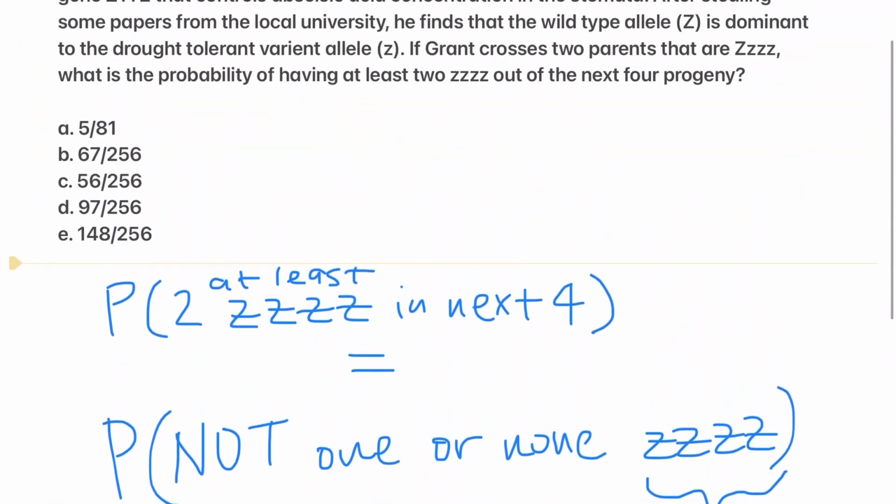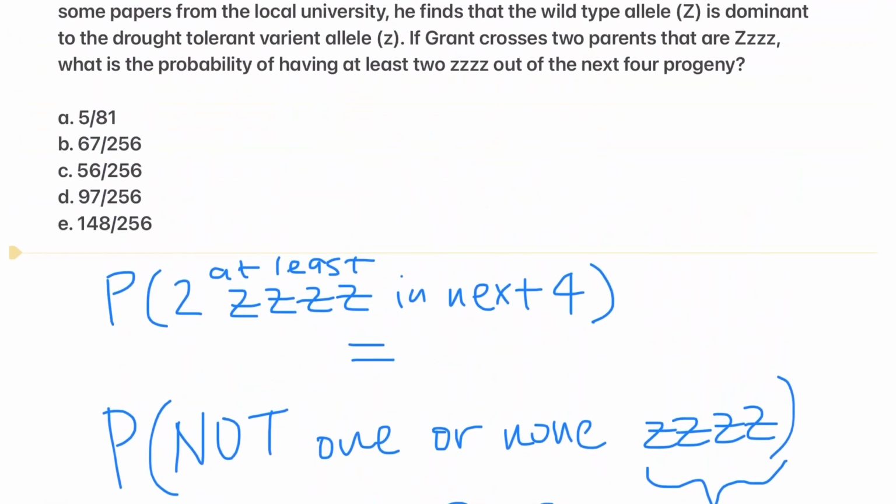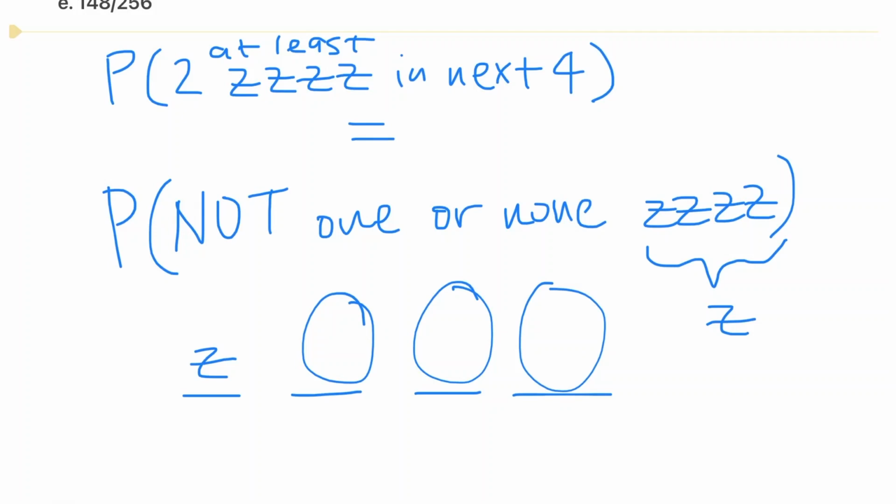Because if we look at the parents, it's 1 capital Z, 3 little z's, you could have offspring that are heterozygous, so 2 capital Z's, 2 small z's, or you could have some other variant where it's the same as the parents, so 1 capital Z, 3 little z's. But that's not the point of the question, and we want to find the little z's, right? So these probabilities here we'll figure out later. But right now we are trying to find